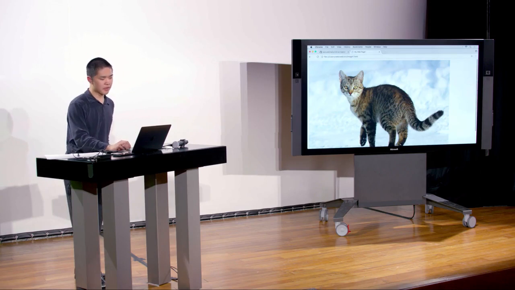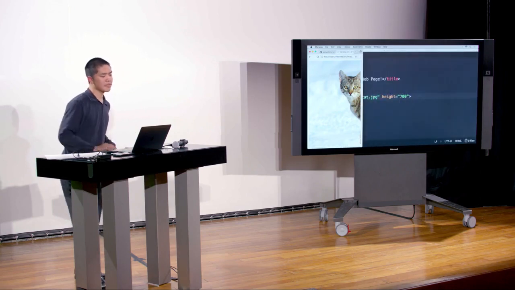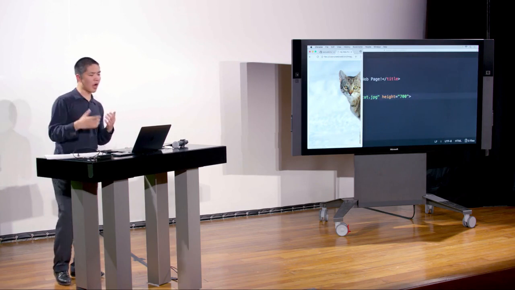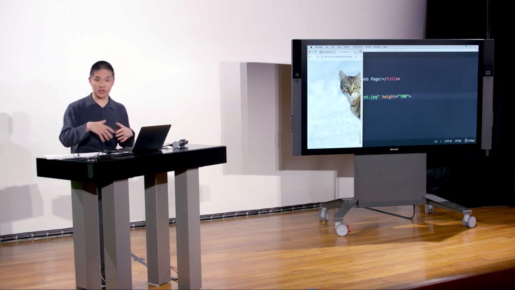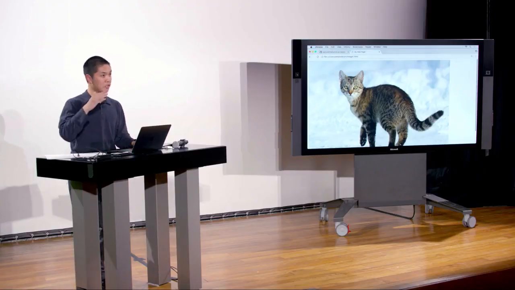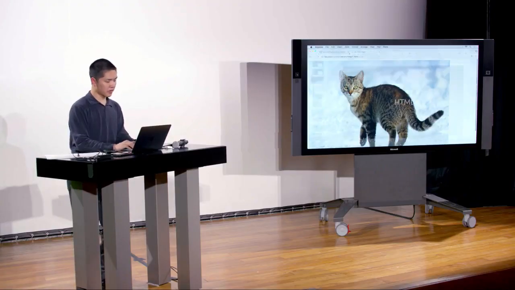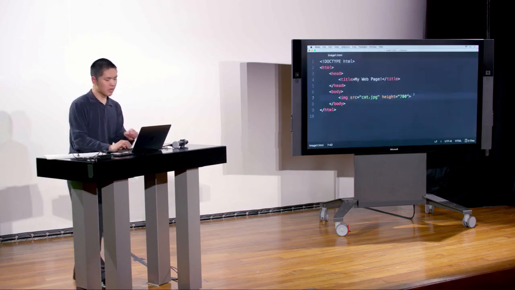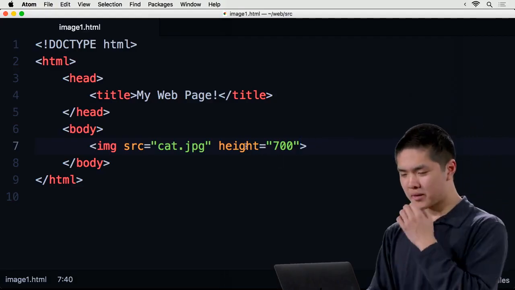Fantastic question. So the question is, how do we take this image and make it sort of proportional? Because if I'm here looking at it on a computer with a wide screen, then this looks great. But if, for instance, I were to shrink down this page, now most of the cat gets cut off. And so HTML, and later we'll see CSS for styling, has a number of different ways via which we can control exactly how tall or how wide things are and control the size of things. One way is by specifically specifying a number of pixels. For instance, I might say that I want this cat to be 700 pixels tall,